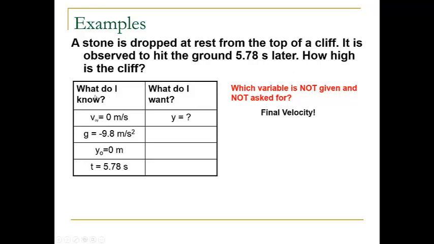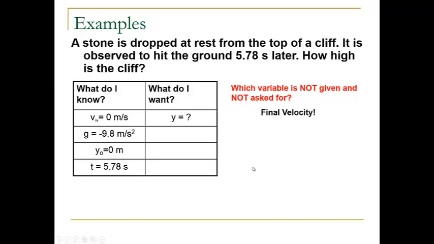Okay, you don't have to label this out as, what do I know, what do I want? Just make a list. Okay, show me your work. So my v naught y is 0, my acceleration is g, negative 9.8 meters per second squared. Y naught is 0. That's just telling you your initial height that you're looking at, and then your time is